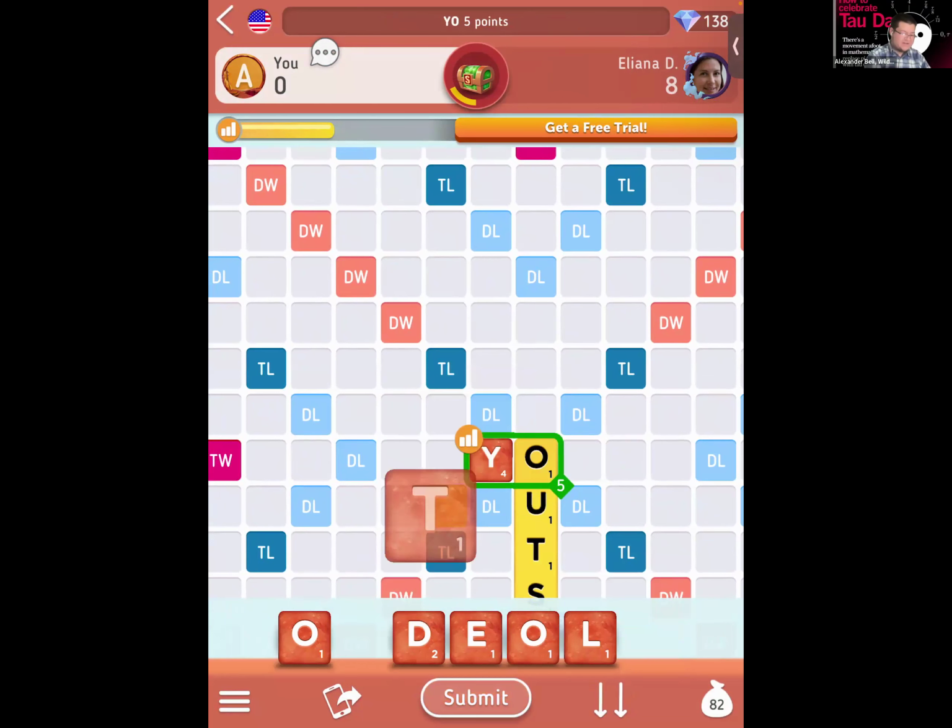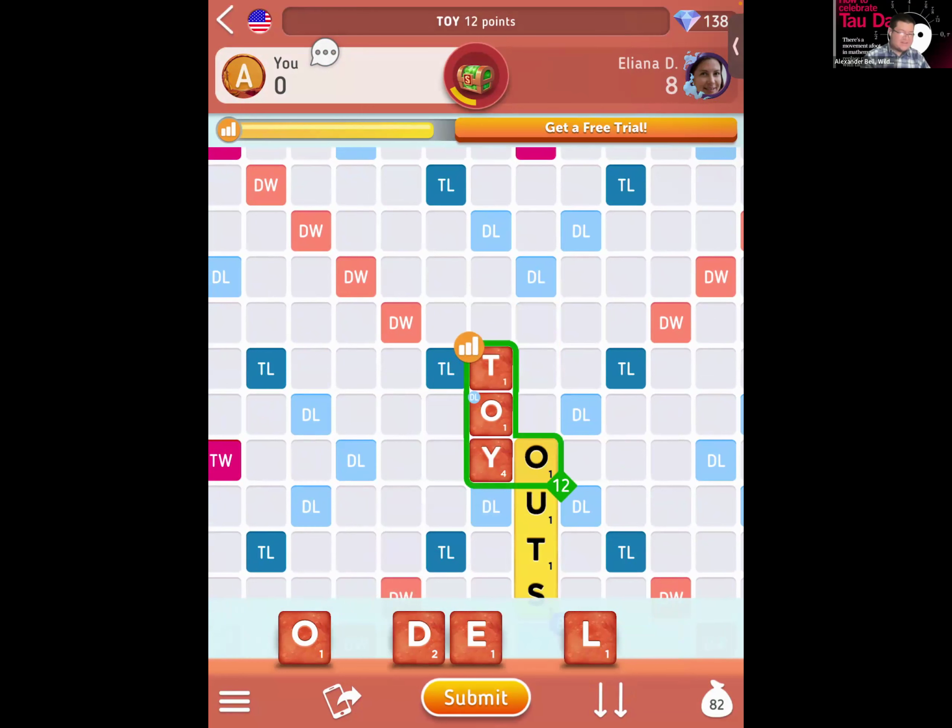Just as an example, I can write toy, and look at that. You get the score for yo. So that's 5 points for yo, and you also get the score for toy, and that's 6 points. So 6 plus, yeah, that's 12. This is a double letter score. So again, it's 11 points plus the double letter. So this is 2. So that makes 12 points just with 3 letters.